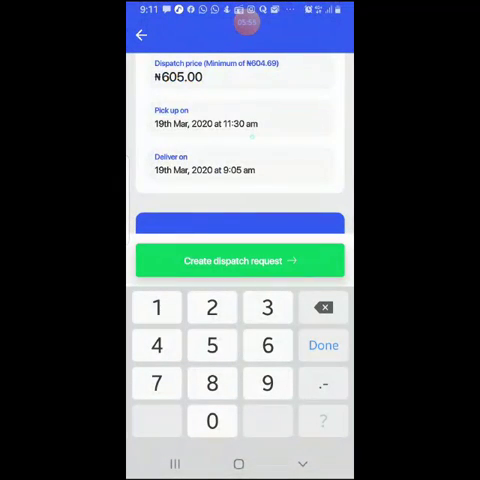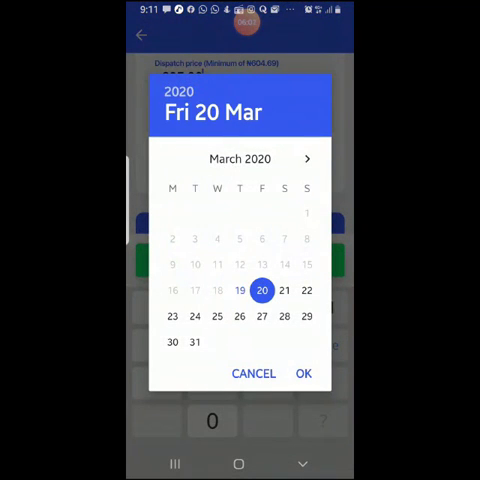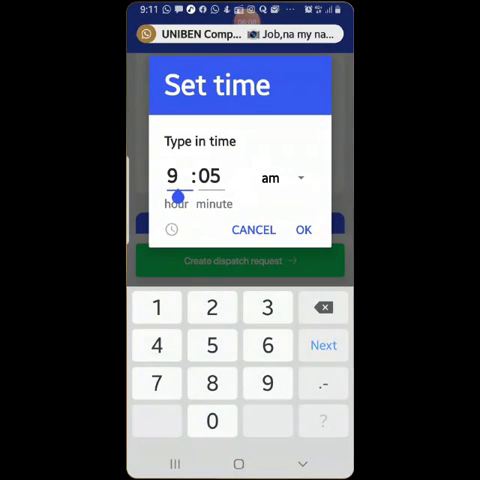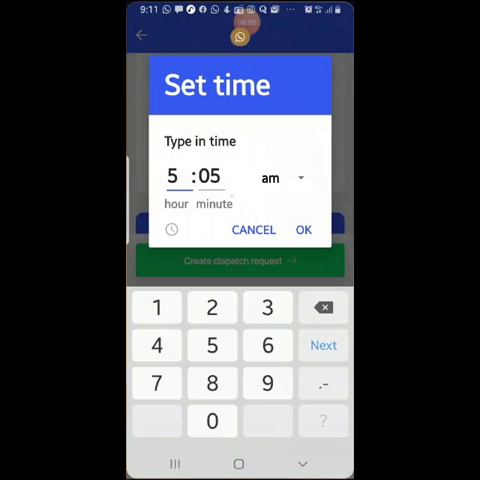Yes, so the pickup time has been updated to 11:30 a.m. and the delivery date is tomorrow or today at maybe 5 p.m. Let's say 5 p.m. So